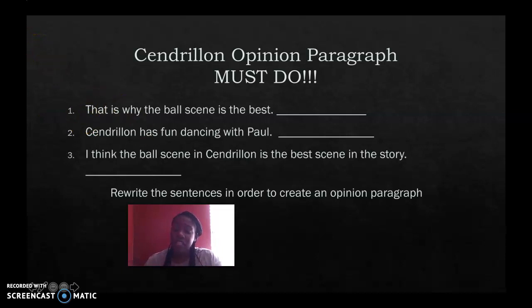Once you've done that, you're going to skip a few lines and you're going to come back and you're going to use these 3 sentences to create an opinion paragraph. So the O goes first, the RE, and then the O again. So you should have 3 sentences in this paragraph. Boys and girls, I want sentences that start with capital letters and end with the correct punctuation. And I would like for words to be spelled correctly. So what you're going to do is freeze this screen, and you're going to have your notebook paper right beside you to help you, because this is where you're getting your sentences from. So you have to look at this screen.